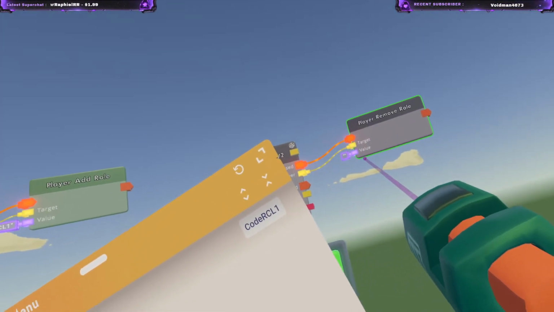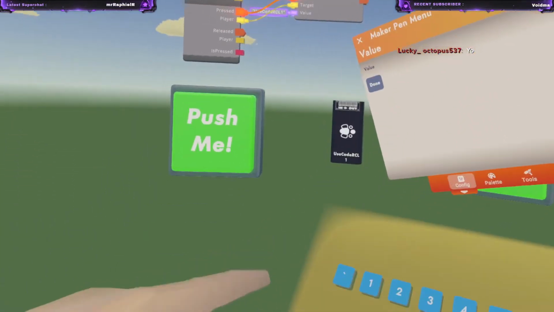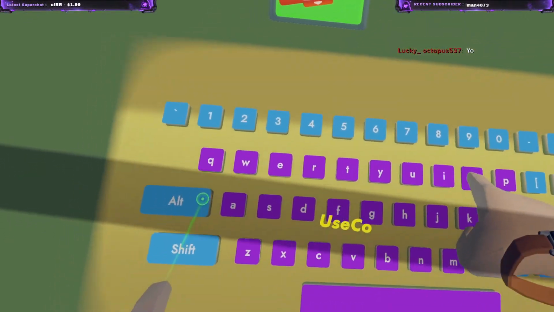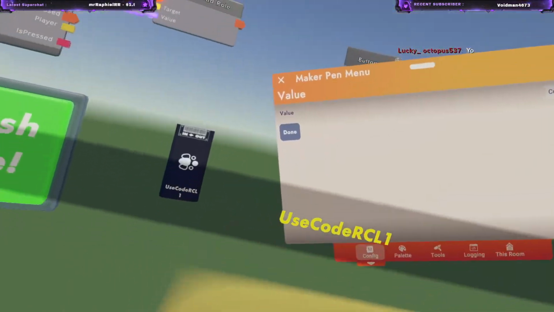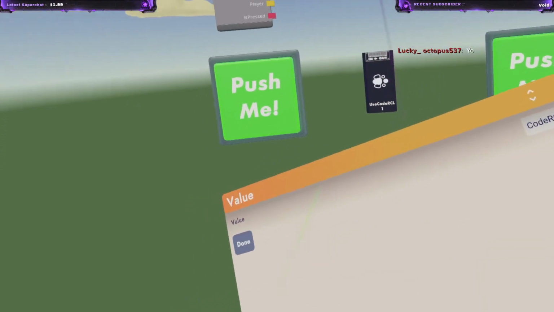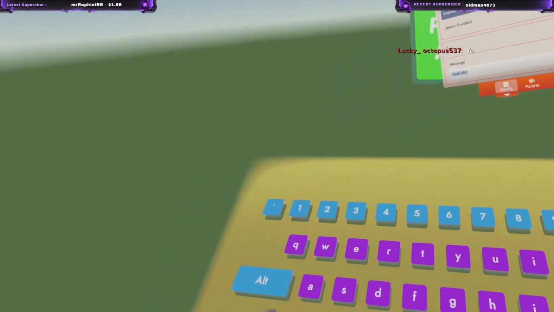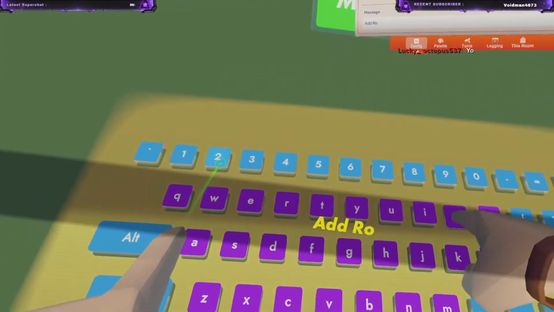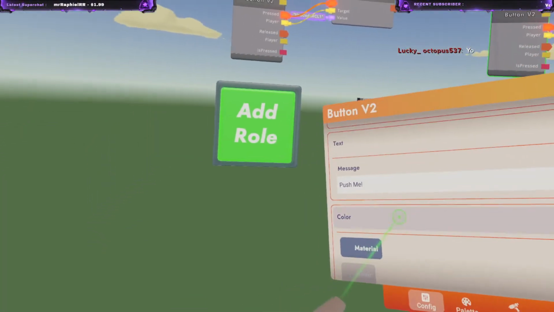And then do the same thing over here for the player remove role. Use code RCL1. There we go. And just to add a little bit of splash to this, just a little bit, I'm going to go... This is optional. Add role and